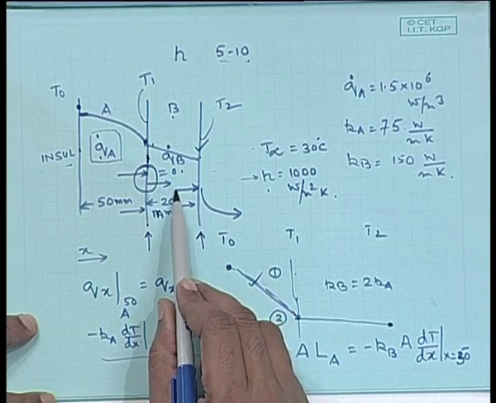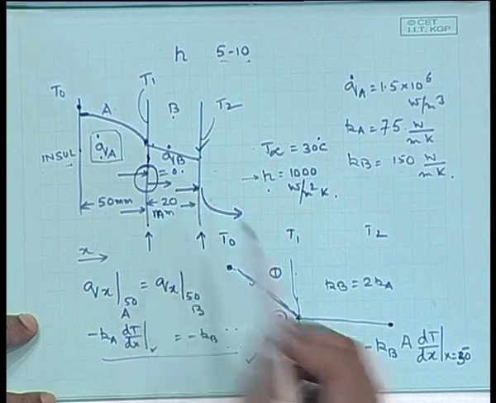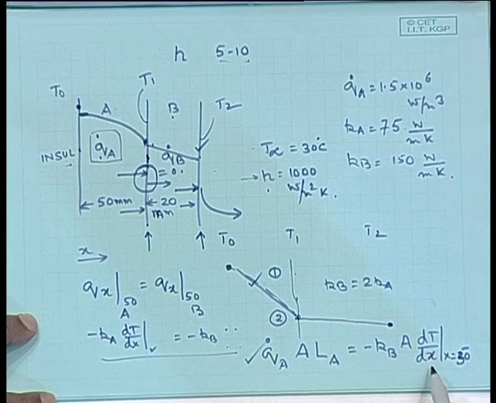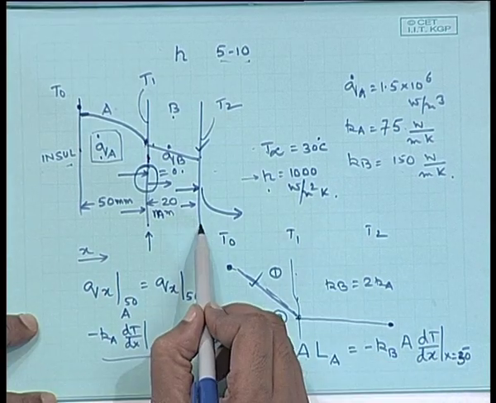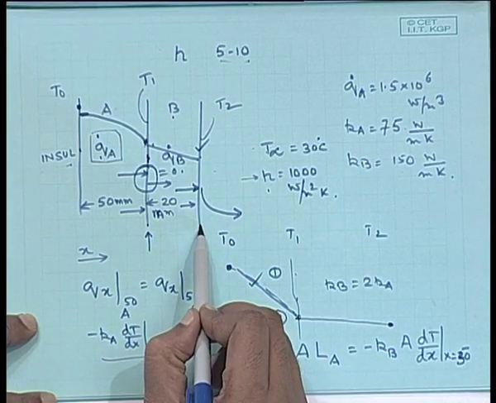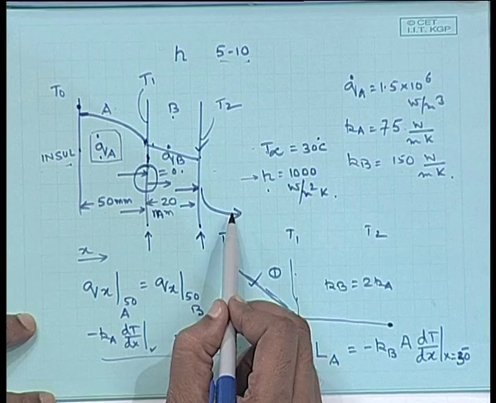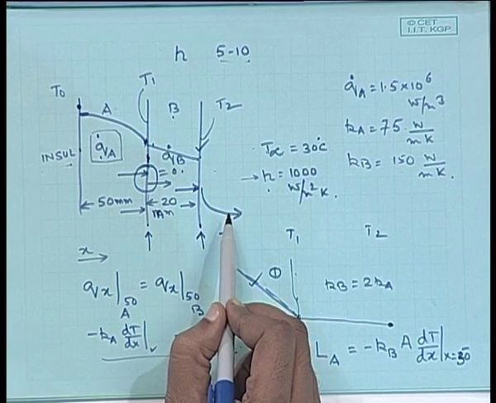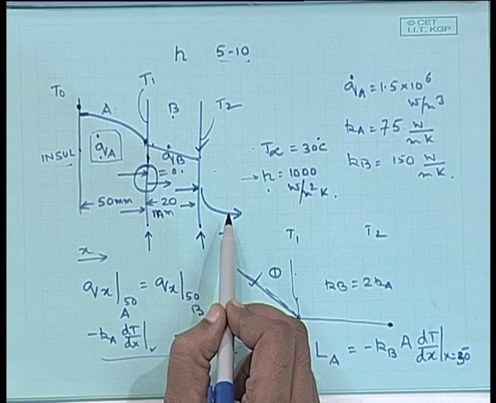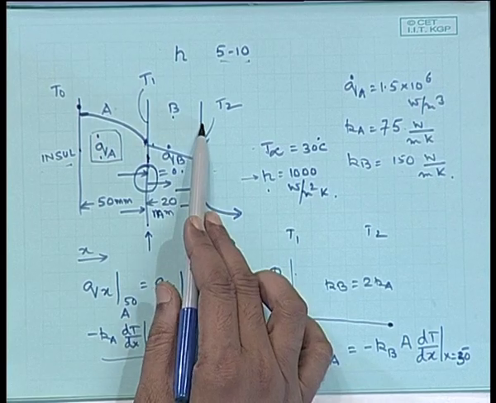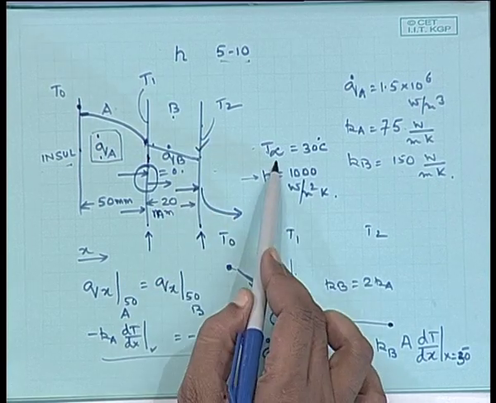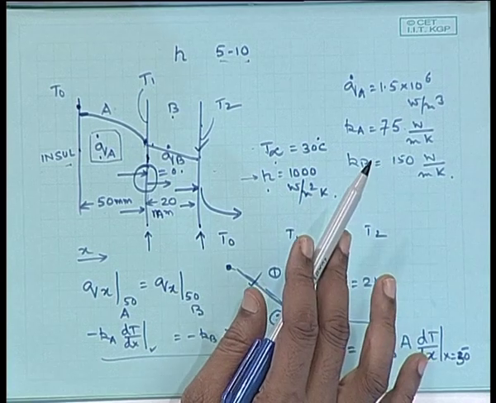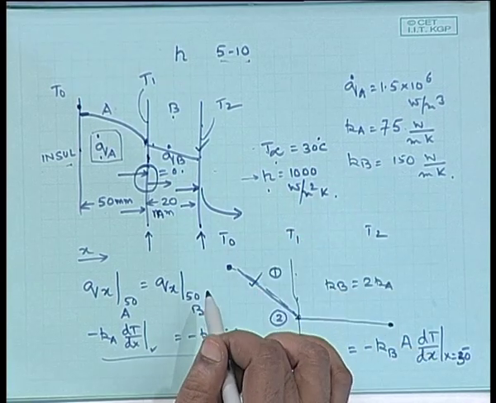You have correctly suggested that the conductive heat, which is minus k B A dT/dx at x equal to 70, should be equal to the convective heat, in which case I am going to use Newton's law of cooling. So, that would be equal to H times A times T2 minus T infinity. Fine. So, that is one condition I can use. Anything else? Any other condition